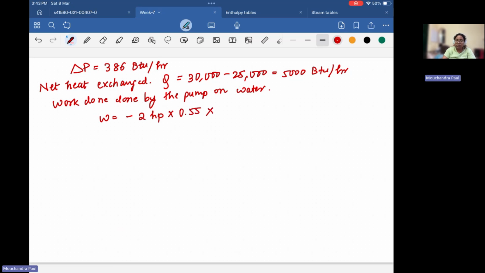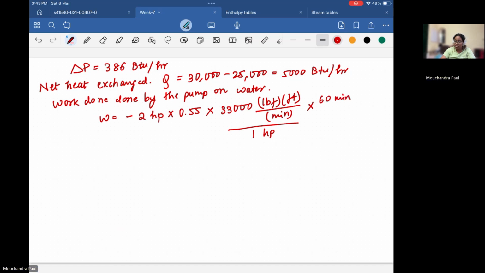So we have to convert horsepower units to BTU per hour so that we achieve consistency in our calculation. So how will we do that? Let's multiply this factor, that is 33,000 lb force feet per minute by 1 horsepower. Then we have to convert minute to hour. 60 minutes is equivalent to 1 hour,